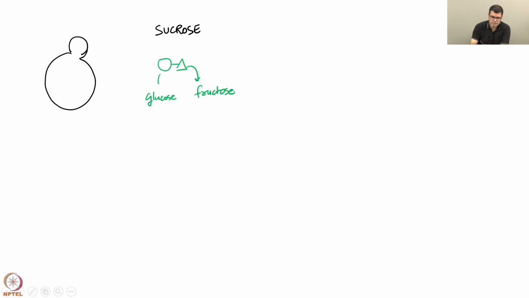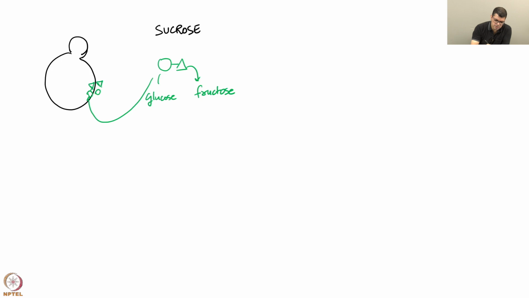And what happens in this case is that yeast does not internalize sucrose and then hydrolyze it. In fact, yeast brings it to its periplasm and does hydrolysis here with the help of an enzyme called Suc2. The name is not important, but there is some enzyme encoded in the yeast genome that it uses to hydrolyze sucrose without internalizing it, and the resulting monomers, glucose and, this is a triangle,